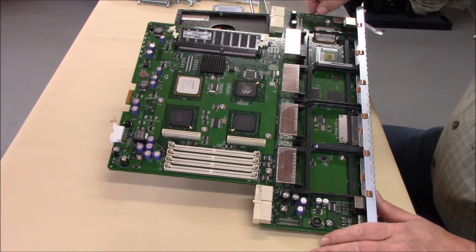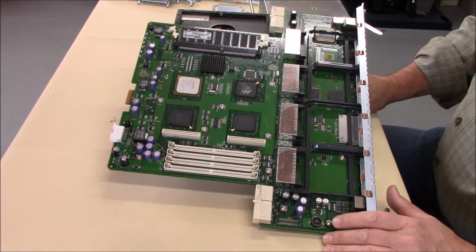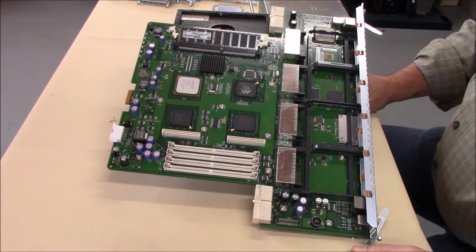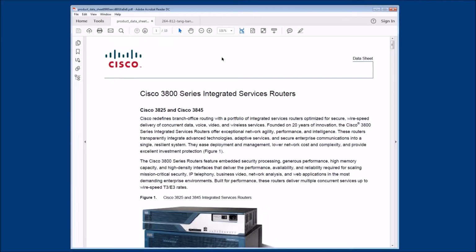Notice this board was also copyrighted in 2004. So they've had this in production for at least 5 years, because the manufacturing date on this was 2009, at least on the chassis. So okay, we're going to take a look at the Cisco 3800 series